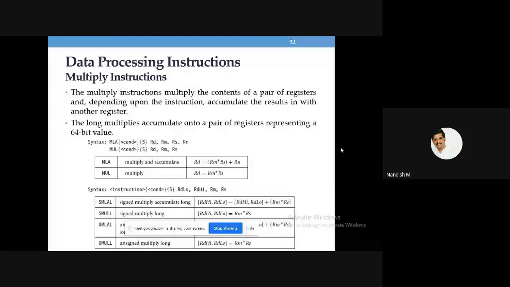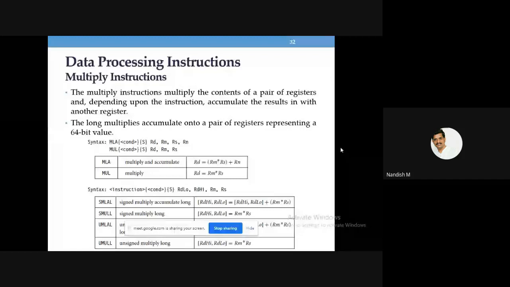In order to store that big value, we have other instructions. It's called SMLAL, signed MLA. The last L indicates long. If you use this type of instruction, then it will take two registers and store the 32 bit and 32 bit, totally a 64 bit value.